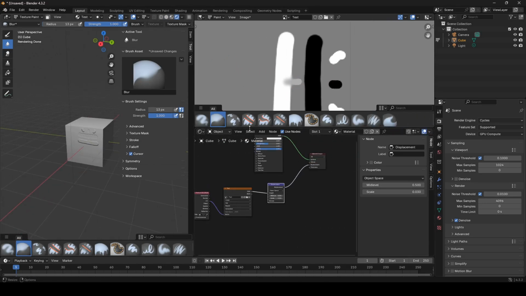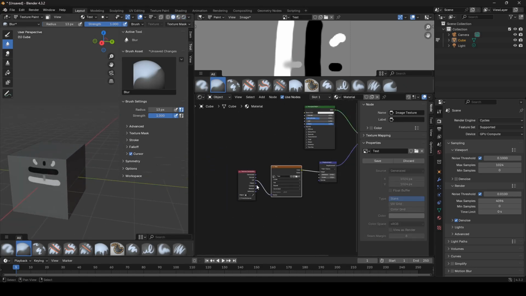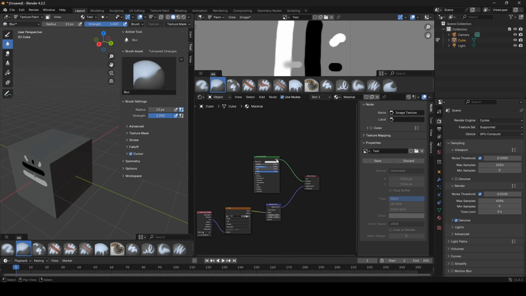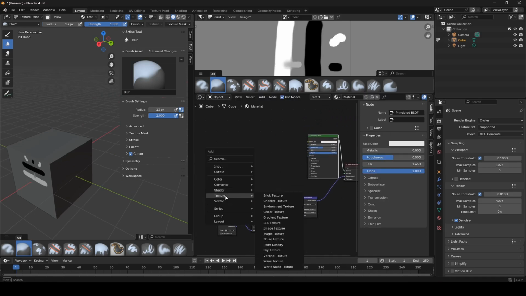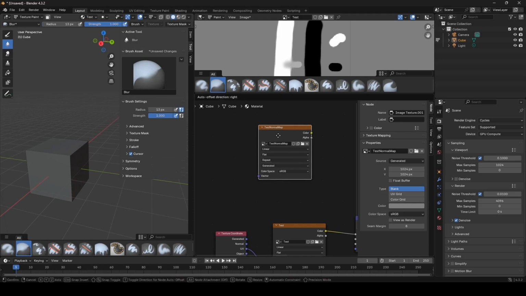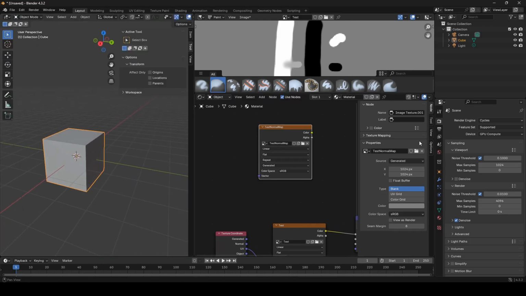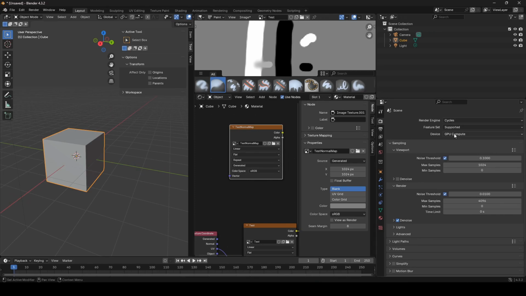The idea is I've essentially created a simple little way that I can edit one texture and create displacement, which is important because what you can do is then make a new texture. I'm going to call this one test normal map. You could have it be whatever. The idea is this is going to be the normal map. Create the new image. It's not plugged into anything, but the idea is here, I go off the texture paint, we can now take advantage of the Cycles